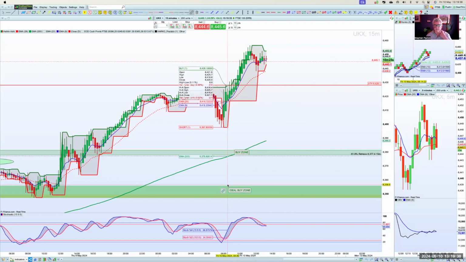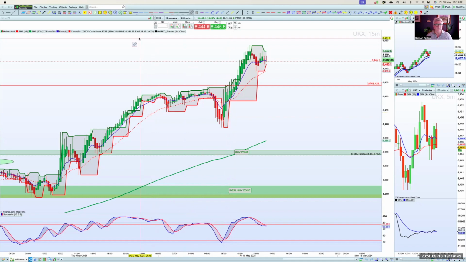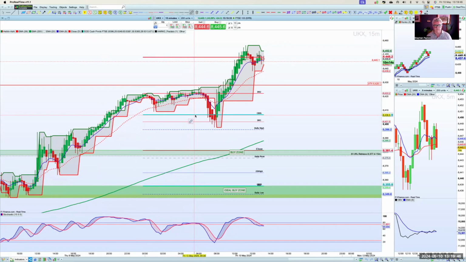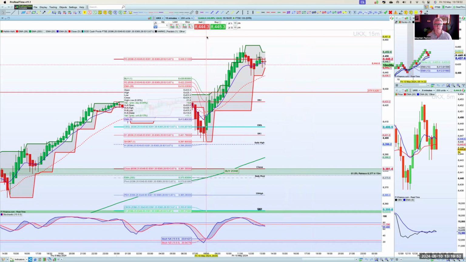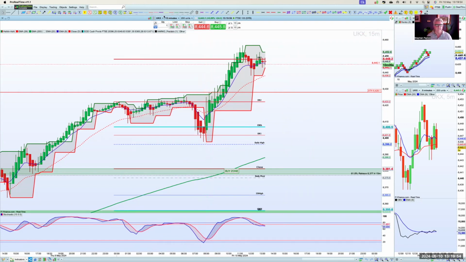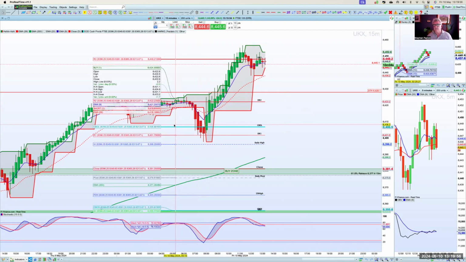Right, so this is the FTSE. We've been trading that today. I'll just put the pivots on, show the pivots. So here we are, here are all the pivots. So a couple of things to point out. We're going to have a look at the FTSE and we're going to have a look at the DAX. So FTSE, this is May 10th,